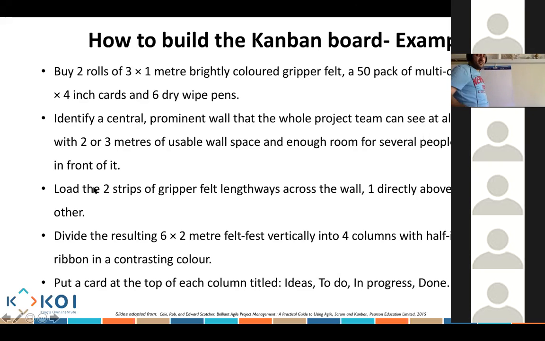So what it's saying is you buy 2 rolls of 3 meters by 1 meter, bright colored gripper felt, and a 50 pack of multicolored 6 by 4 inch cards. This pack of multicolored 6 by 4 cards is basically what we call a sticky note. So, I don't know if I have any here,